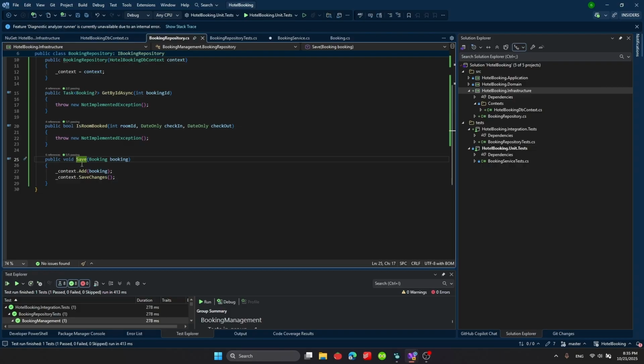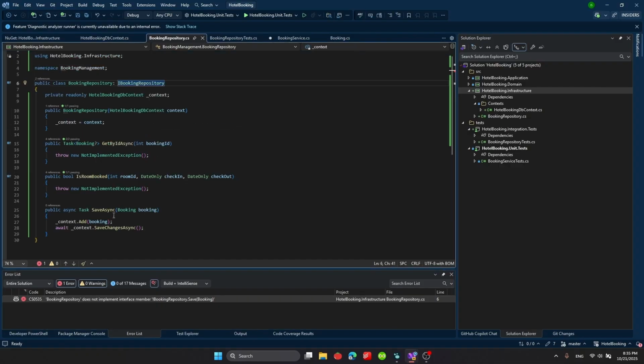So I want to have this Save as SaveAsync, and it should return Task instead of void. So I will change the name to SaveAsync, and also add async here and use SaveAsync method. It will break some